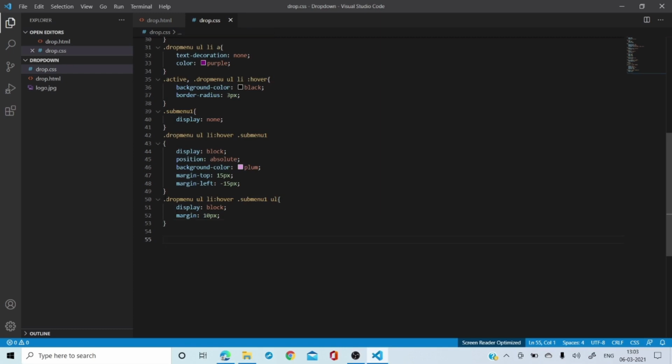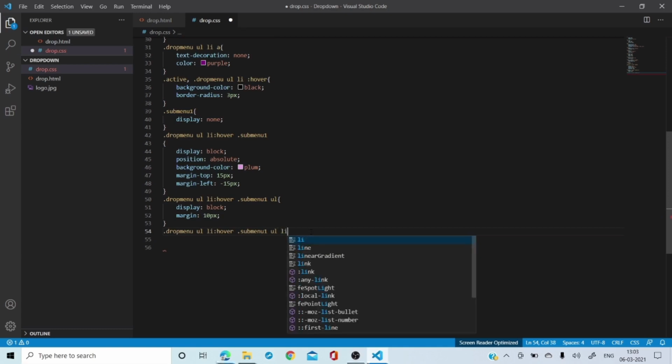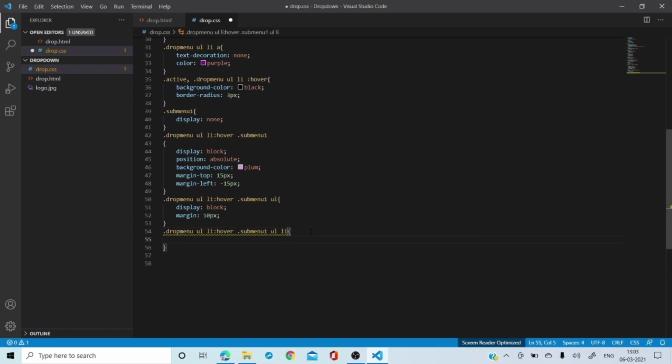Same thing, please copy this from here, whatever we have written till here. Control C, go down, paste here, and after UL, what is the next thing which I'm going to write? That is LI, correct? Now, let me put the width. How much width do we need? We need 150 pixels.